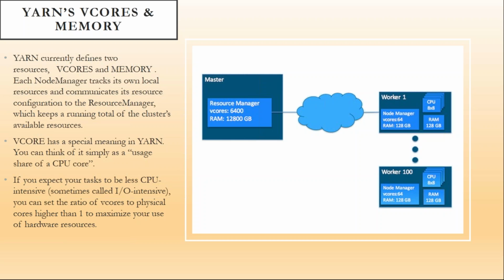memory, disk, network. What changes can make your process take less CPU, less memory, less disk I/O, and less network usage? Now, in this point, we are talking about input output intensive tasks. You can see the ratio of virtual cores to physical cores higher than 1 to maximize your use of hardware